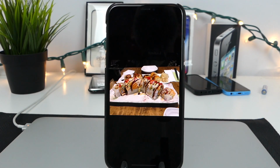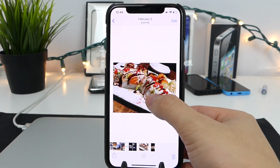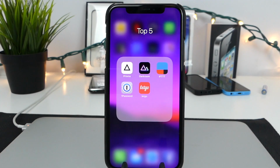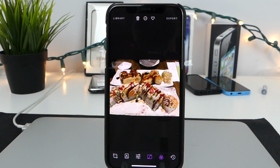So take a look at the original photo here, and then we're going to compare it to the other one that I just finished editing. And you guys can see how much richer it is, how much it pops. The color is just amazing. Alright, and enough showing off. I'm gonna jump directly into Darkroom, and you guys can see that I just finished editing this photo in the app, but